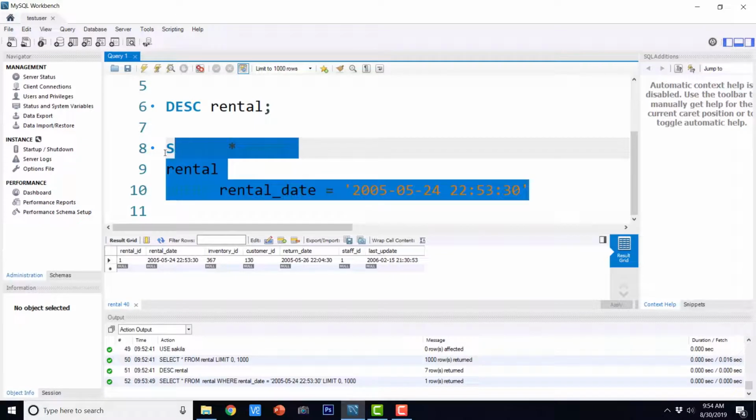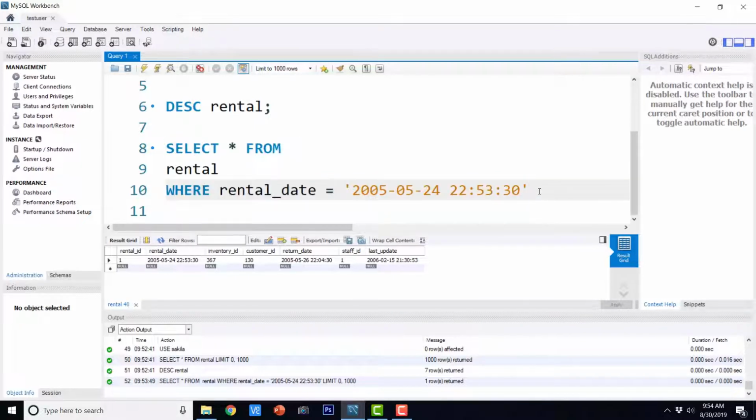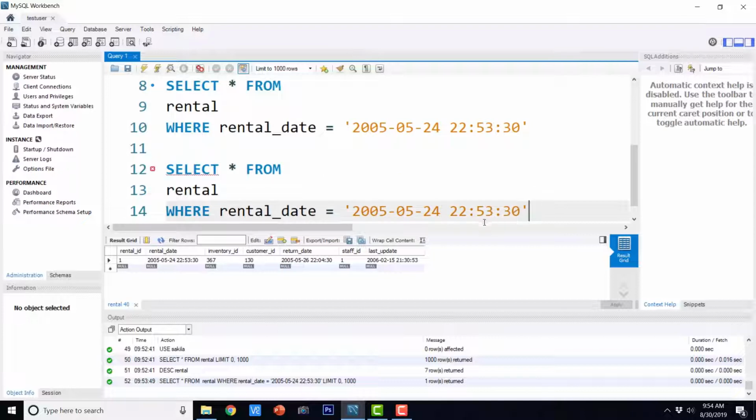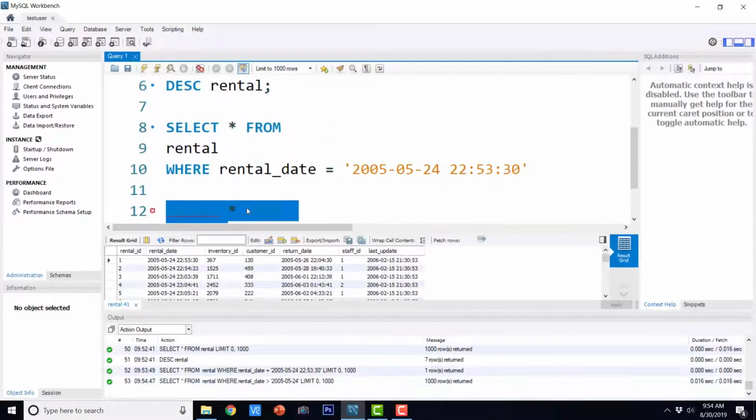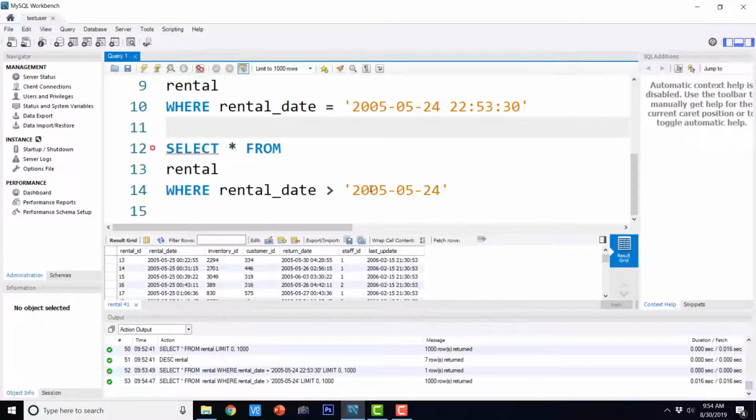Now we can also say something like this. Basically you have to mention the date in the string format, and this is the string format it recognizes. So it is year, month and day, and this is hours, minutes and seconds. So if you specify this particular string, it is going to recognize it as a date. So I'm just going to go ahead and execute this query now. It doesn't have an equality operator, yet it is going to return us records, because any datetime that is greater than this particular thing is going to be returned in the result set.